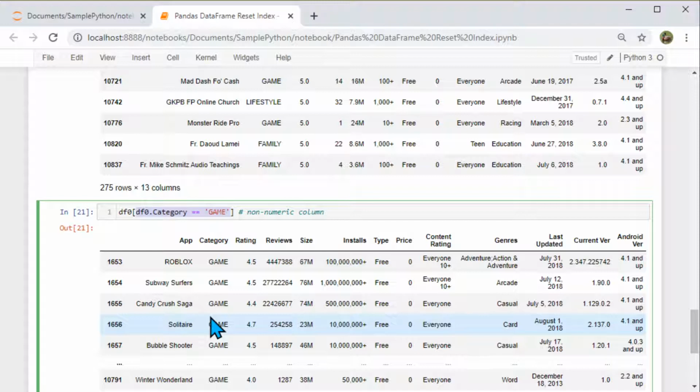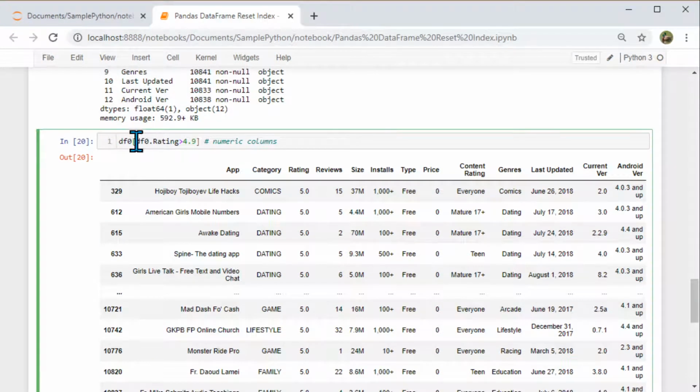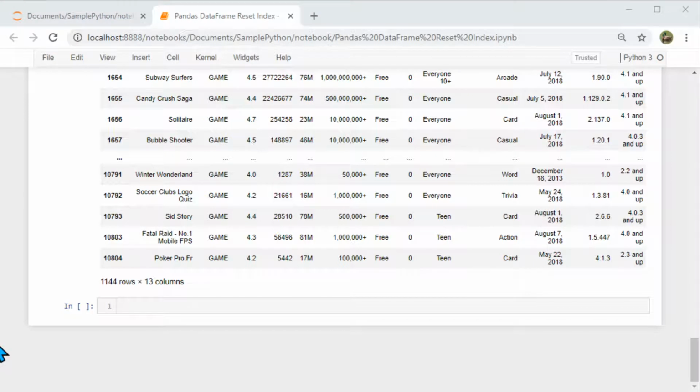And that way we use the data frame twice, one time to specify which rows to include and which not to include, and the second one to say on this data frame include these rows. So this is a pretty neat way to do it, where we point to it two times, one time to identify the rows to display and the second time to actually display it. So pretty much the same logic was performed before. Here we said rating greater than 4.9, so it identifies the rows which have a value greater than 4.9, and the subsequent one displays them. Okay, so that's pretty neat.